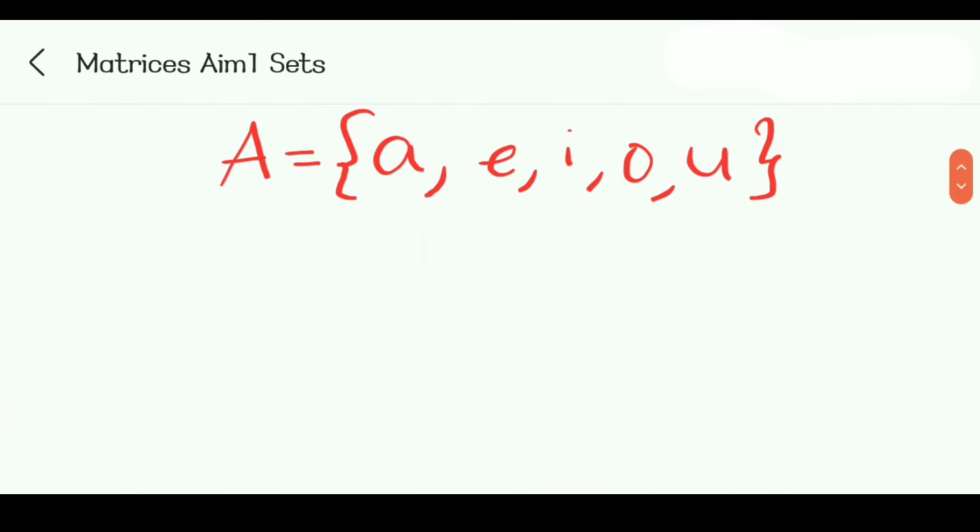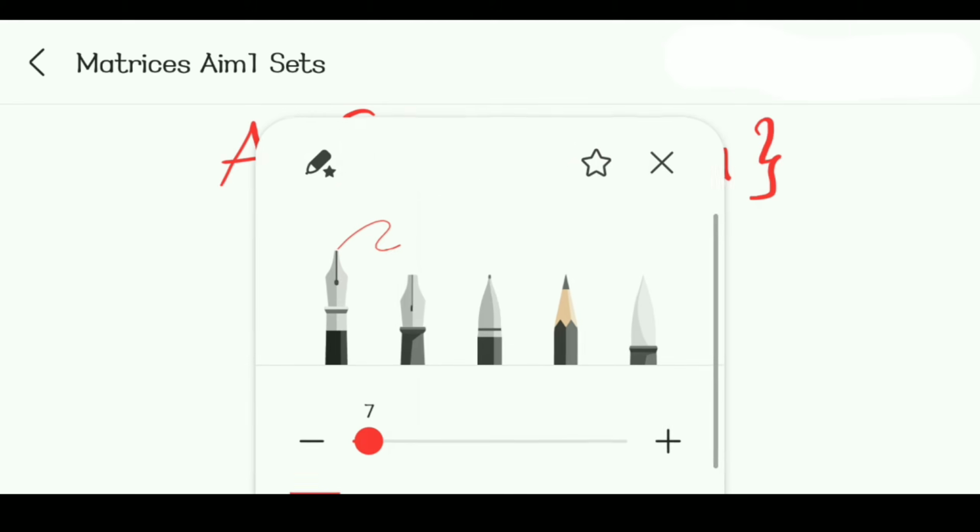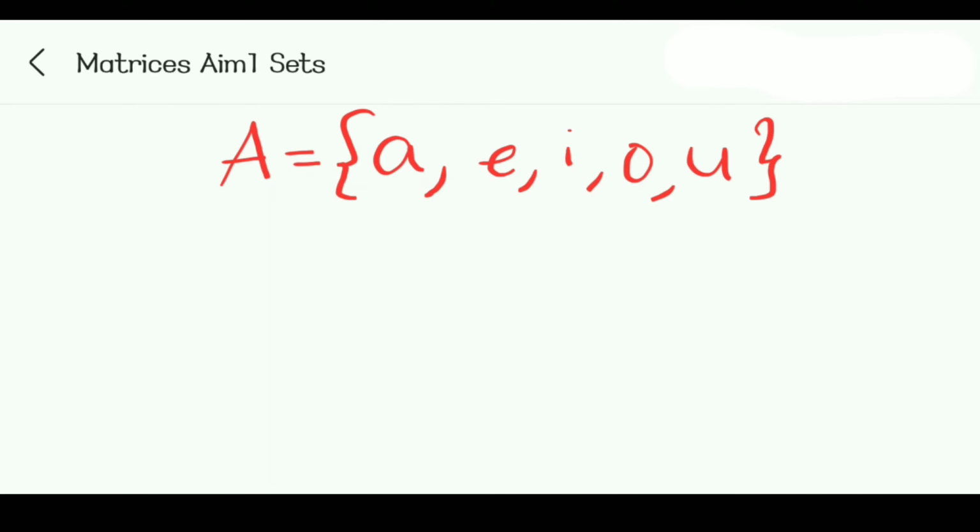Here, the capital letter A denotes that it is a set. Now in this set you can see U. U is an element of A. If I want to say U is an element of the set A, how can I write that?